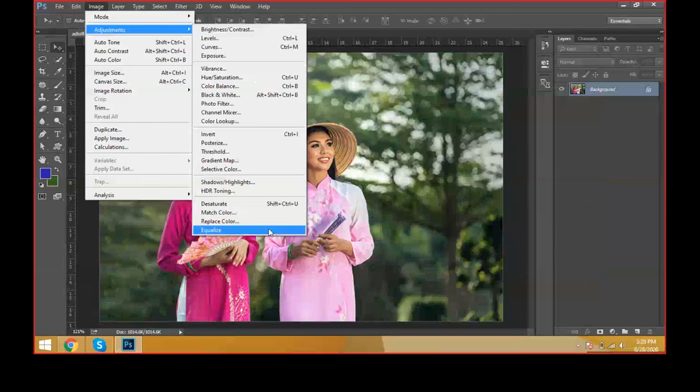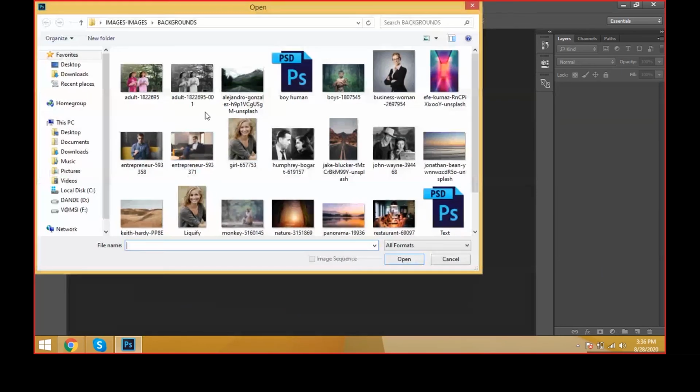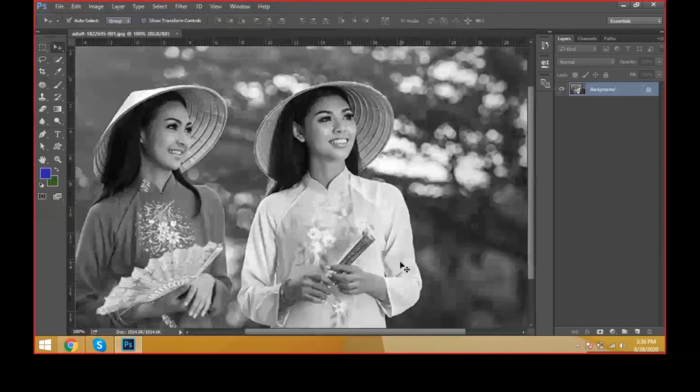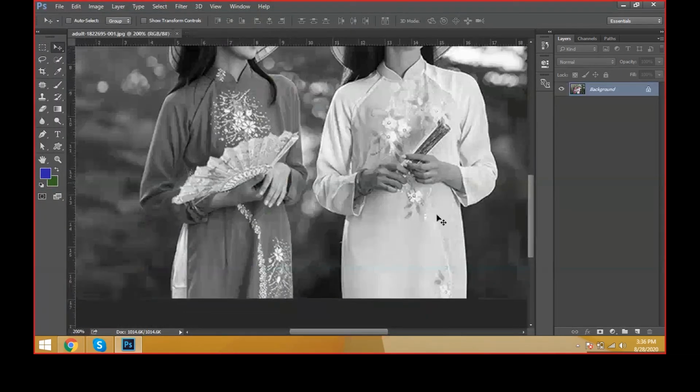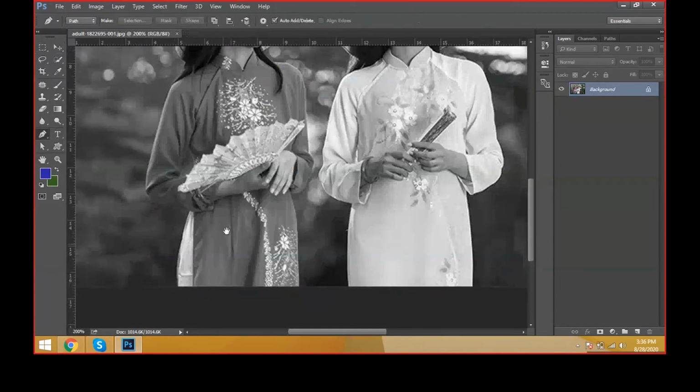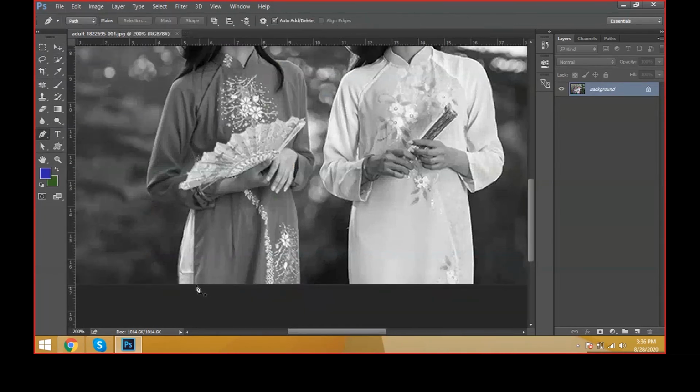Sir, then how can we give color to a black and white image? This is a concept actually, and this is a black and white image. Just open a black and white image document. How can I apply these effects? First of all, we have to use the pen tool, and I'm just selecting the pen tool. And first of all, I'm selecting the color that I would like to take here.